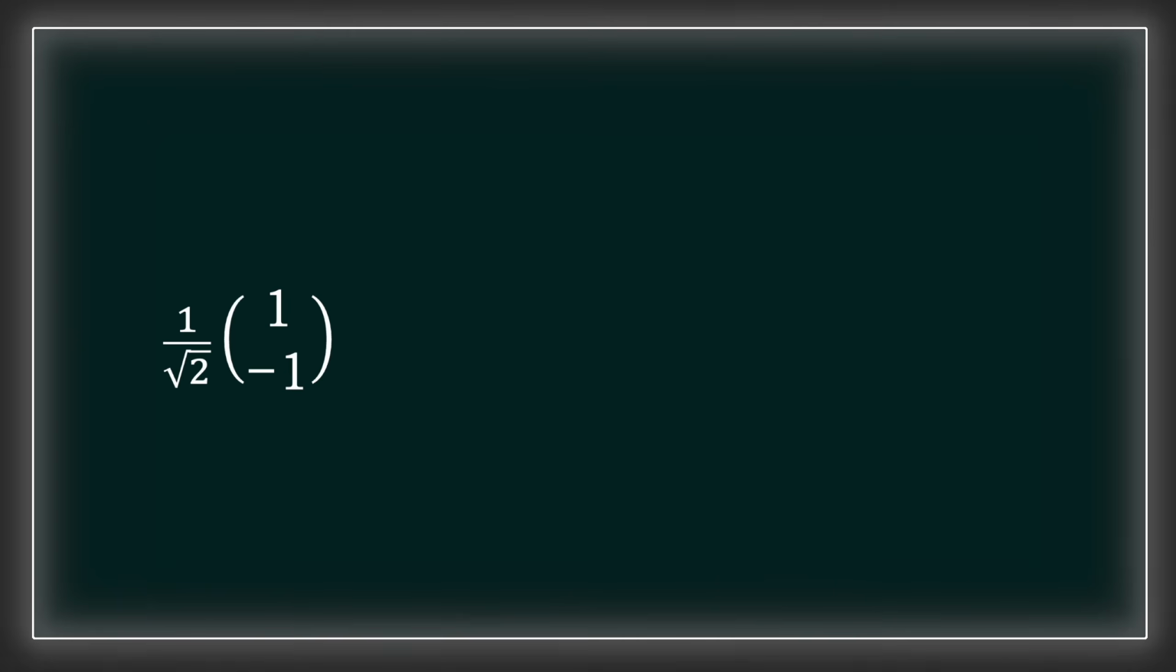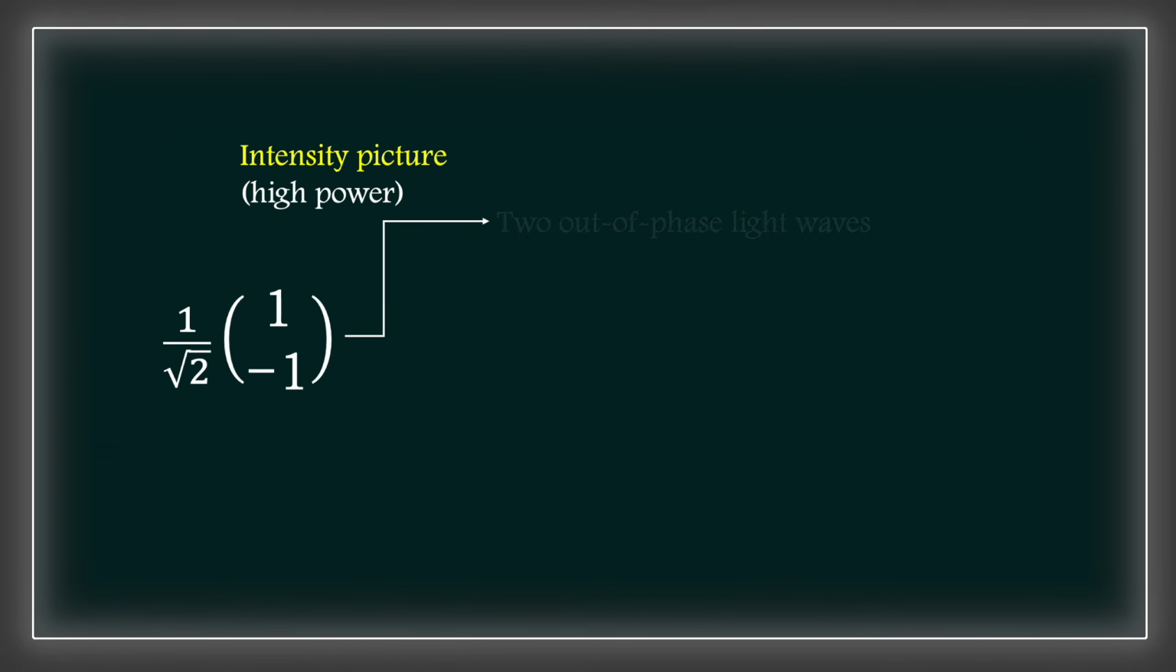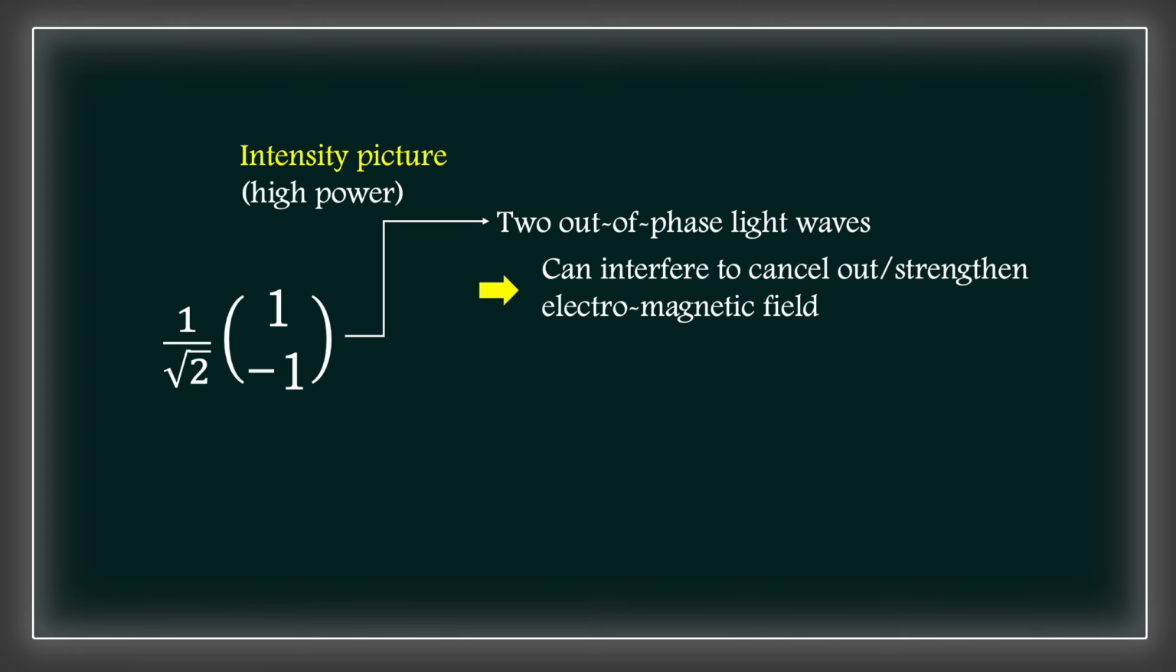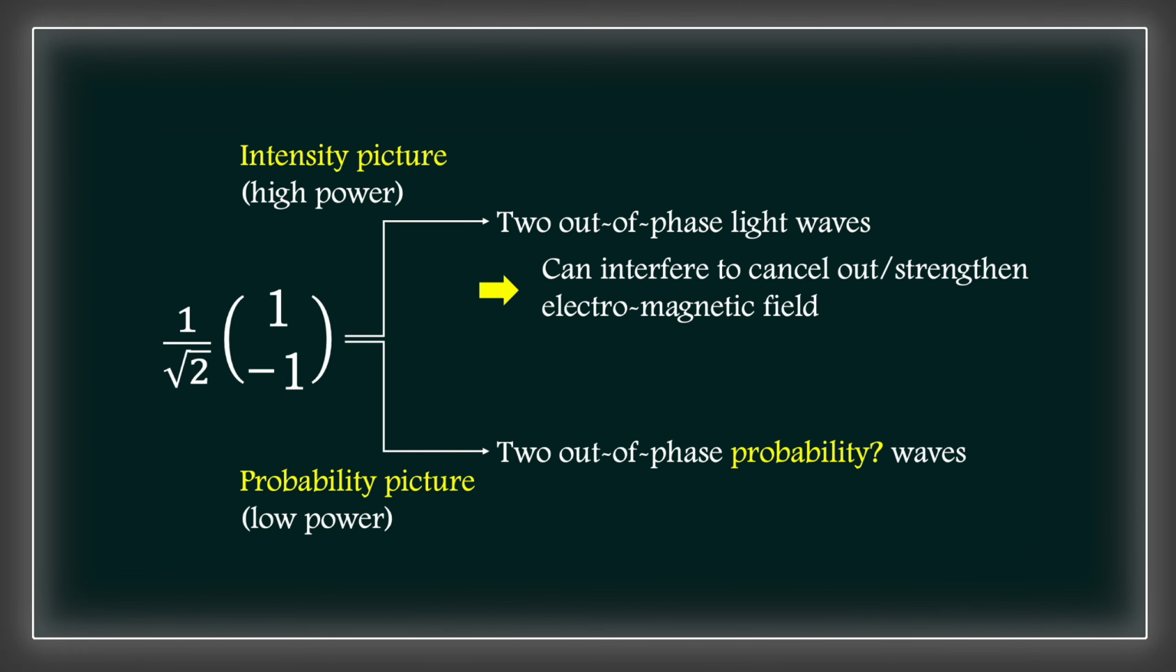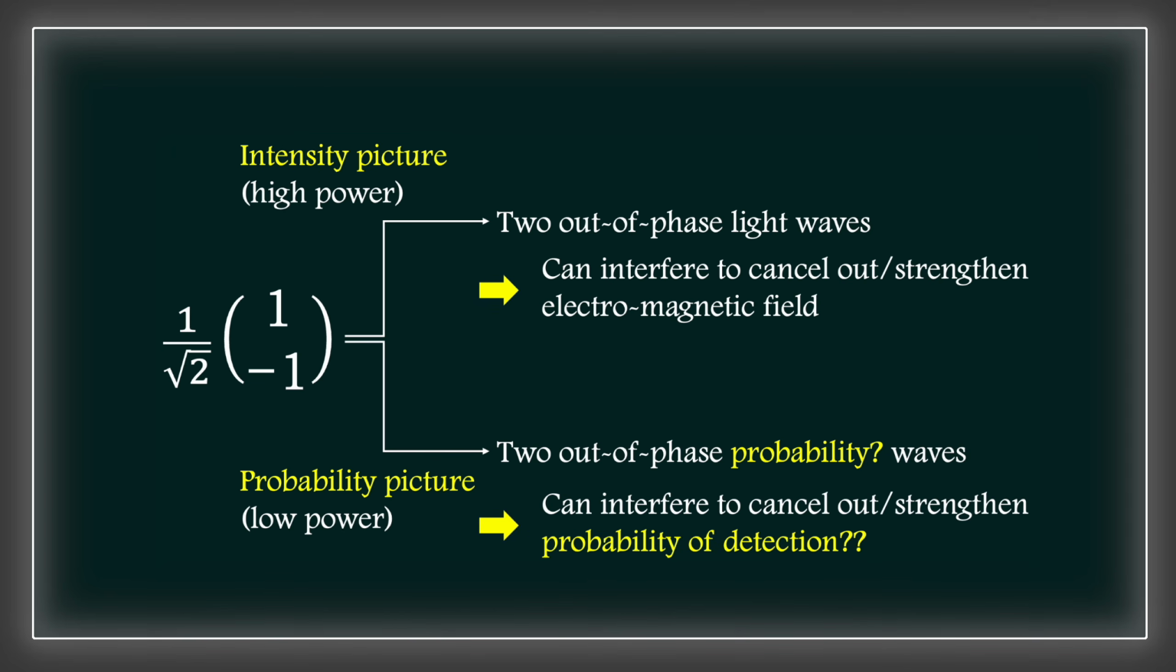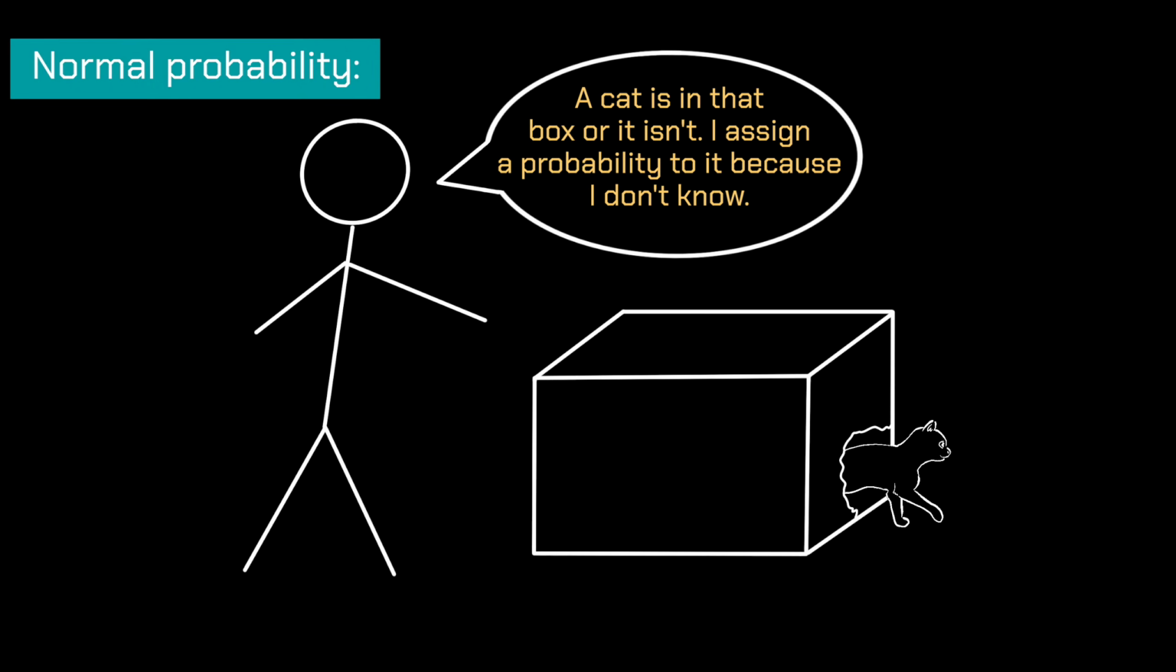If in the high-power picture the numbers denote intensities of propagating light waves that can interfere with each other, then does the single photon probability picture mean that there are abstract waves of probability flowing through space, capable of recombining and having phase relations? That's certainly not how probability works in everyday life, where it usually describes our state of